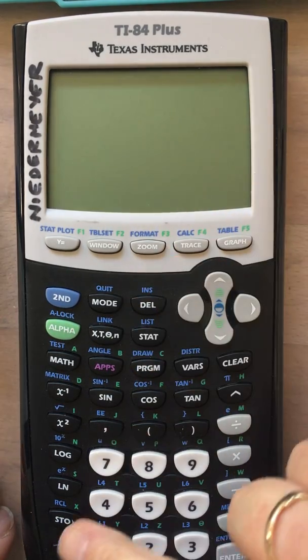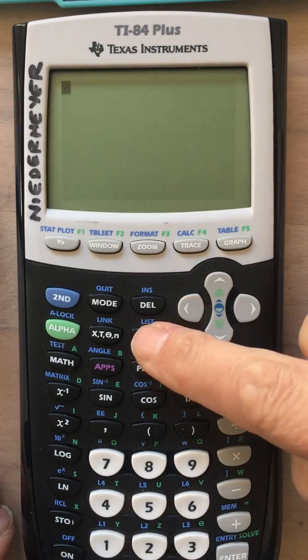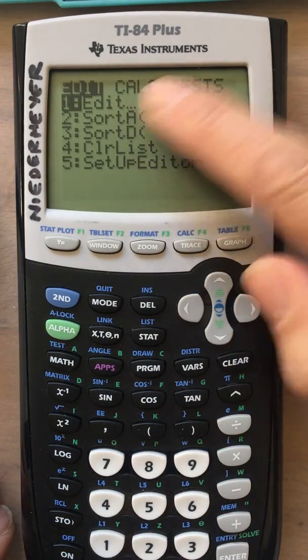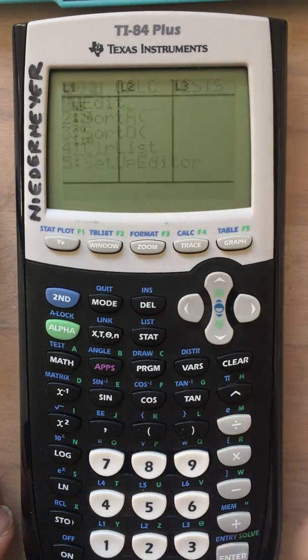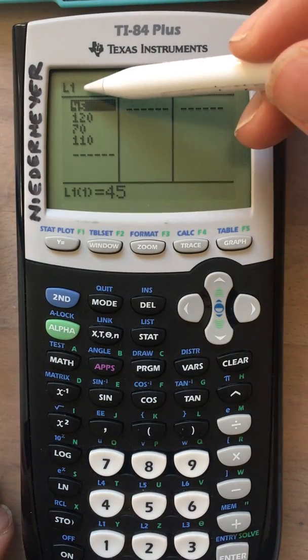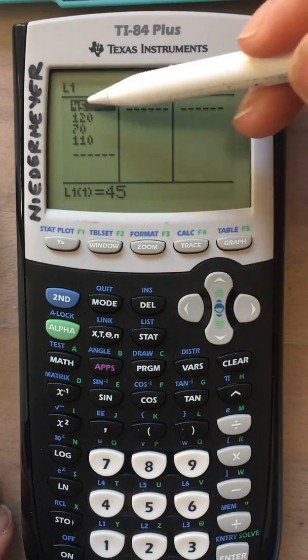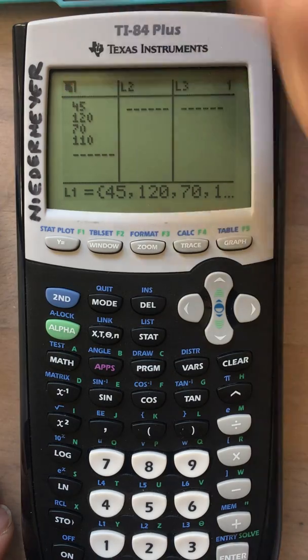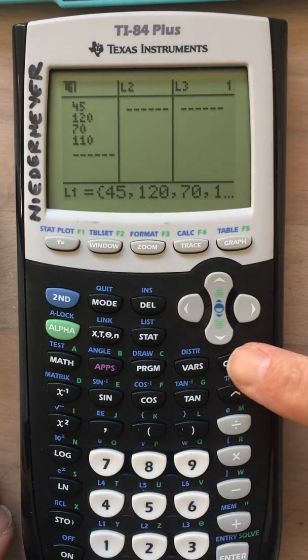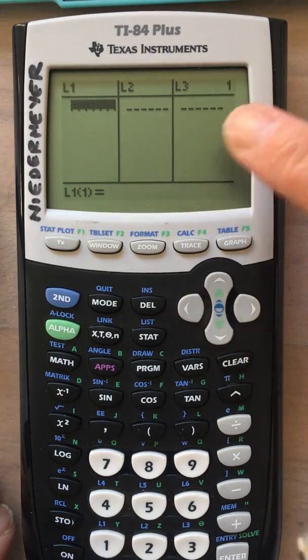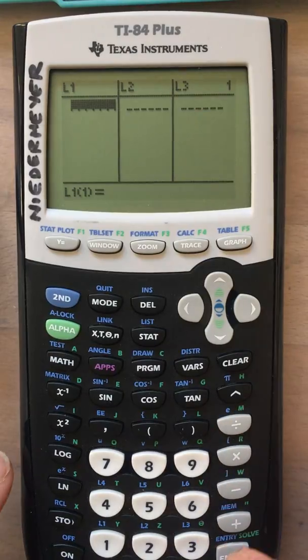box and whisker plot. So let's get started by pressing Stat, and then we press Edit, and we come up with our list. Now, I've got some other stuff in here, so I'm just going to delete that by going straight to the top here, press Clear, arrow down, and then I'm going to enter in the data, which is depth of snow